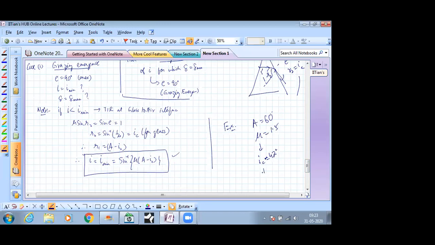So that will tell me that my I minimum will be 18 degrees, 60 minus 42, into 1.5. That's 24 degrees, sorry, 27 degrees, and sine of